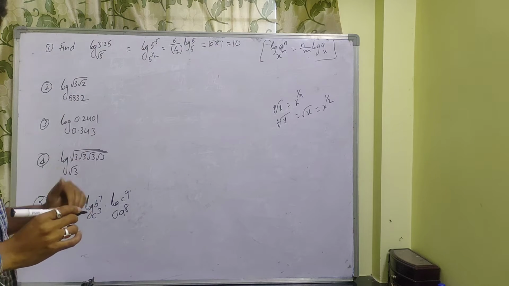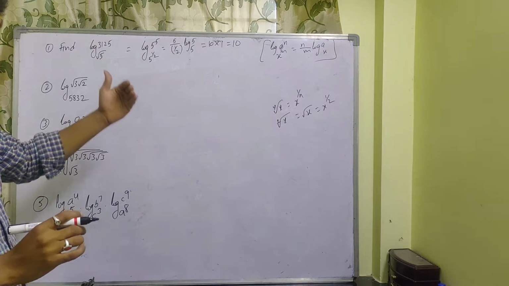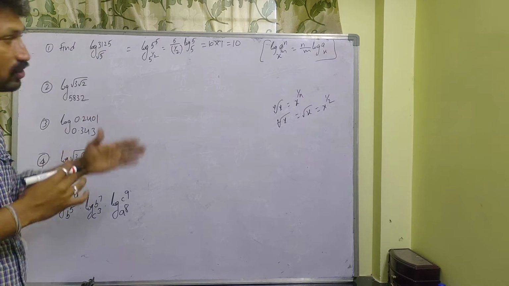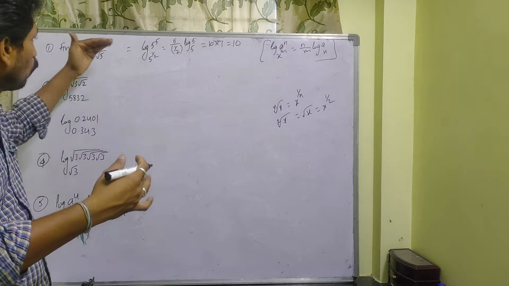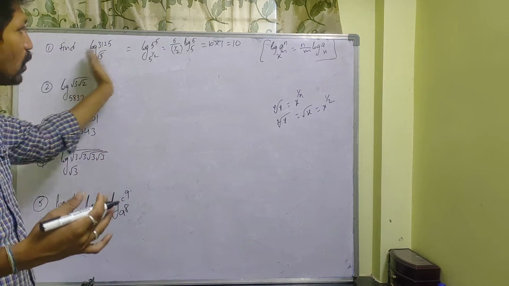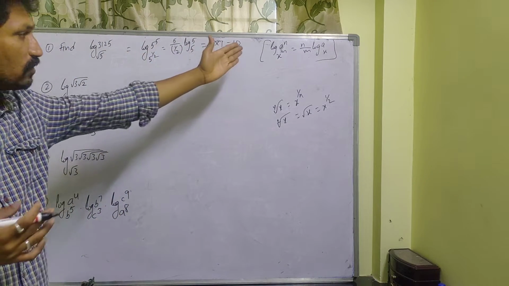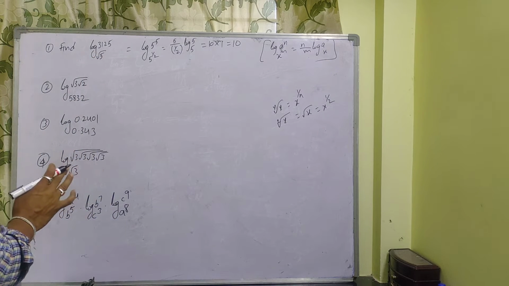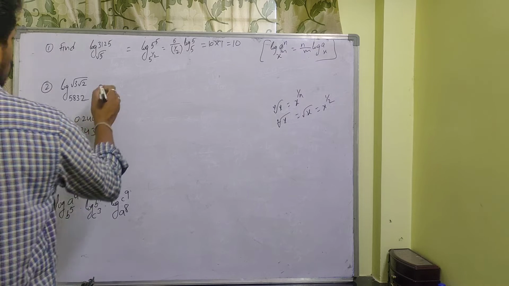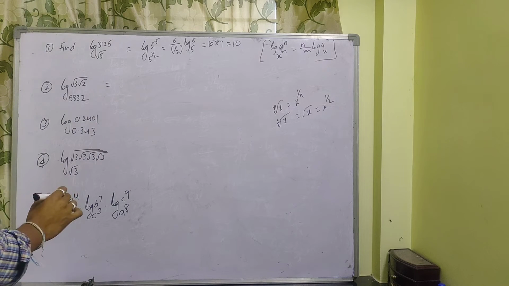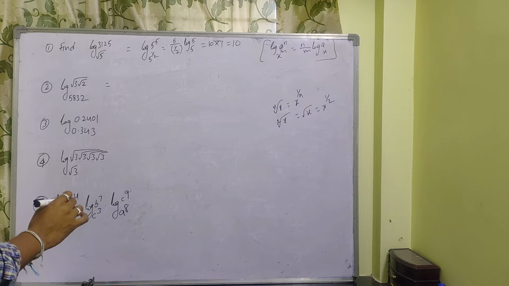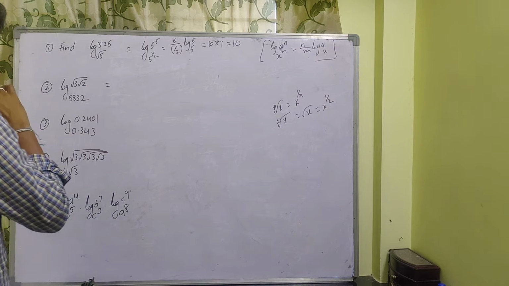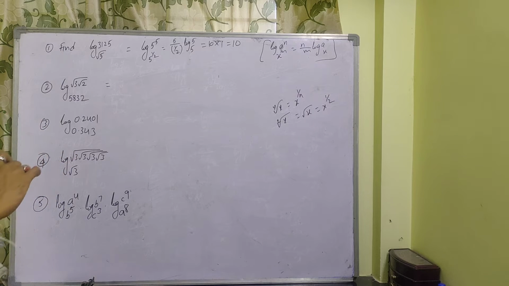Like that, how to expand it. Actually, in intermediate topics, they may ask you questions connecting with logarithms. So in that question, if you want to expand like this, we can expand it. If you don't know that formula, you cannot expand. That's why you should remember. Next question, second question. This is log of root 3 base 5832. Okay. See here. This one, how can you write?